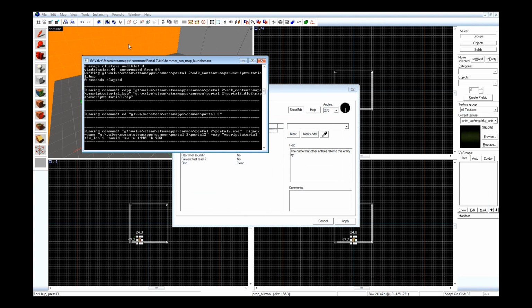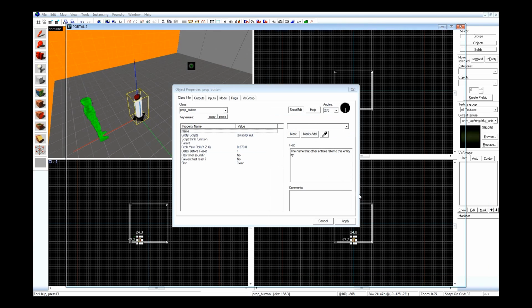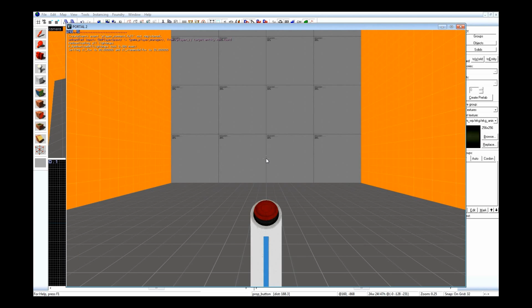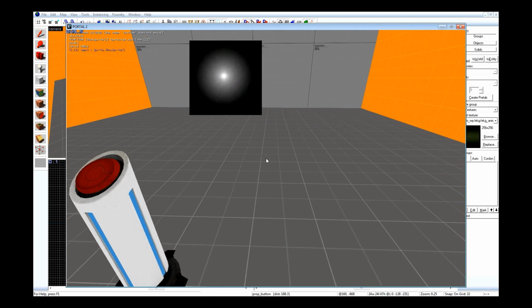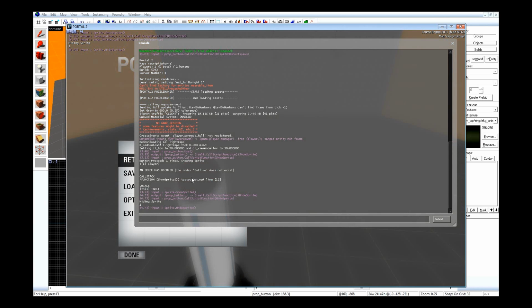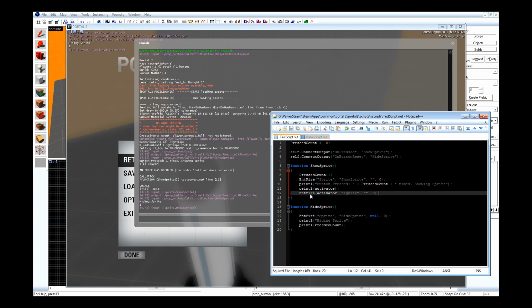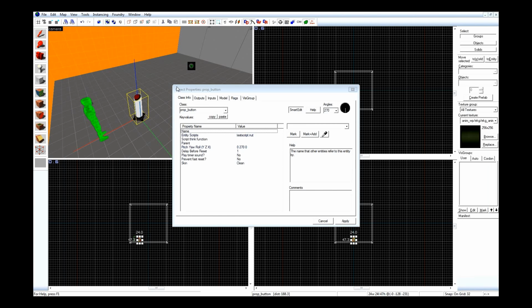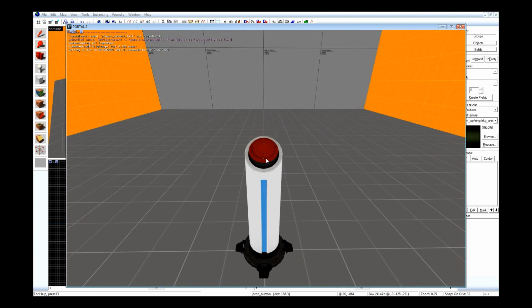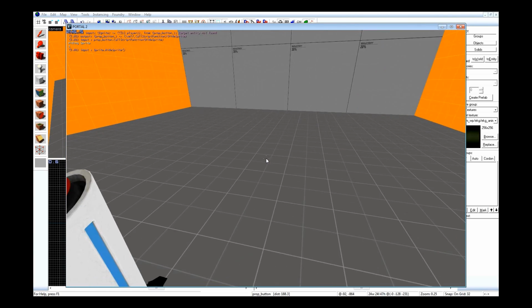So, compile, hop on in to Portal 2, press the button, and there we go. EntFire does not exist. Okay, so I did a lowercase f. Fine, I'll fix that. Maybe case sensitive, may not be. Press it again,